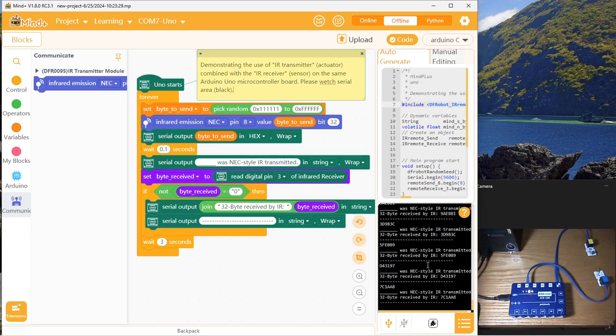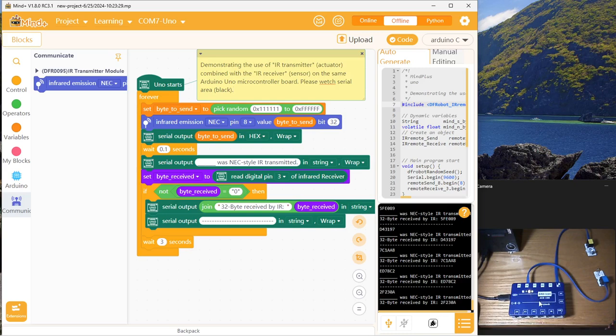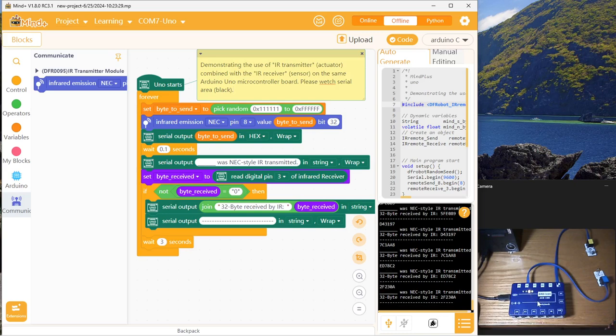So please watch this serial area, and this is an Arduino Uno microcontroller board, and I have connected in port. You'll see here, this is the transmitter and this is the receiver, and I'm sending to the transmitter a random number, as you see here, a 32-bit random number,